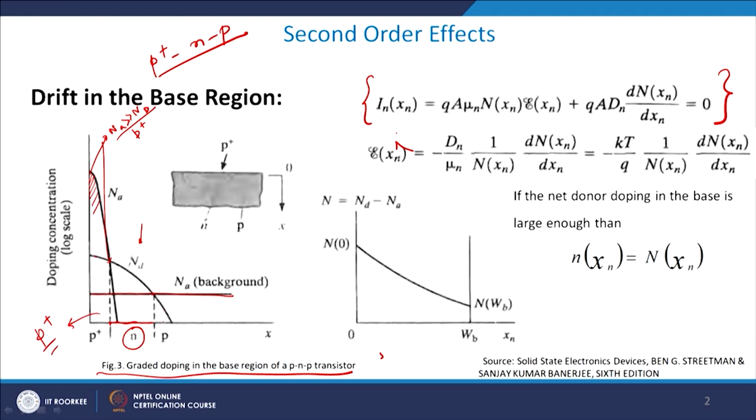Similarly, when you reach this side, your dopant Nd, the donor ion concentration, reduces much below the value of your acceptor ion concentration, and as a result this becomes a p type. So I have got a p plus n p. So how do you do it? This is also known as a graded junction